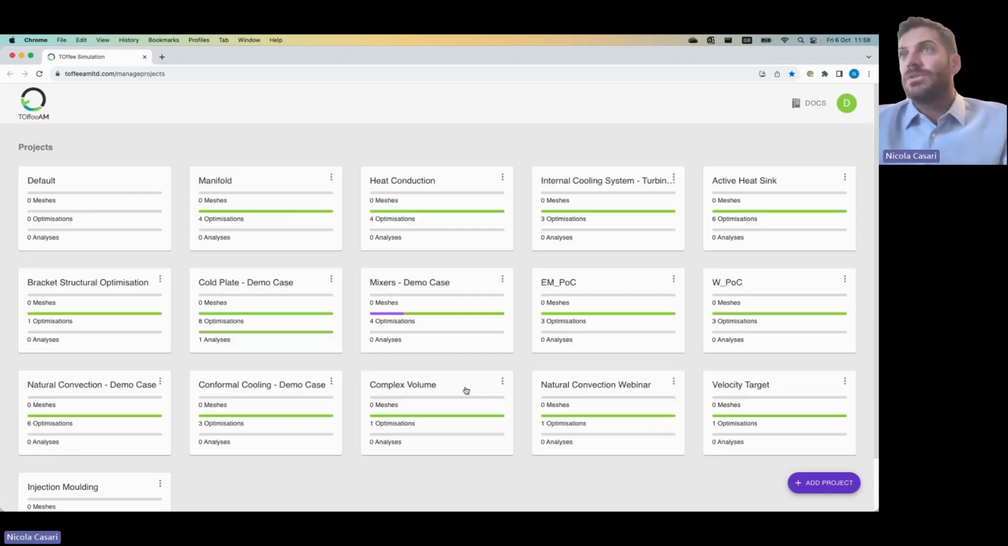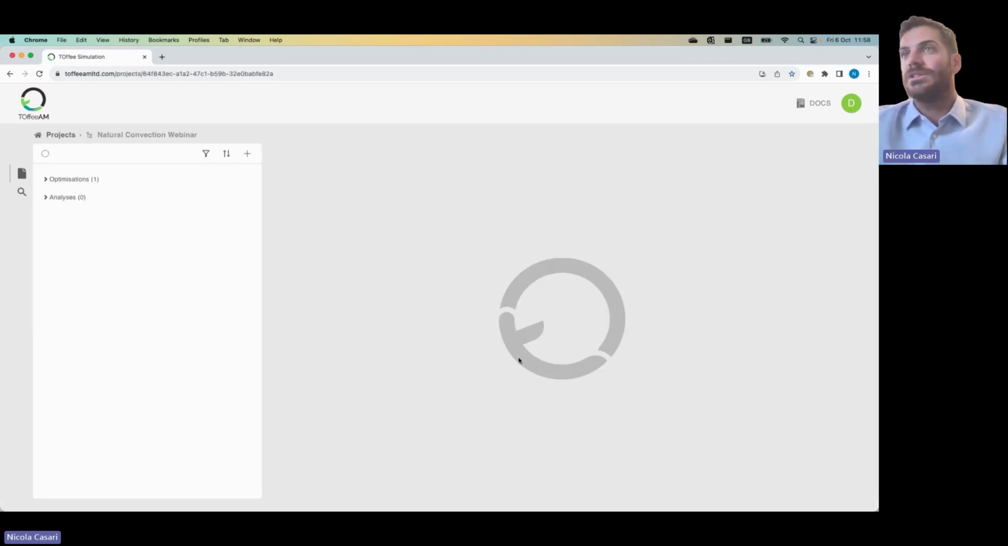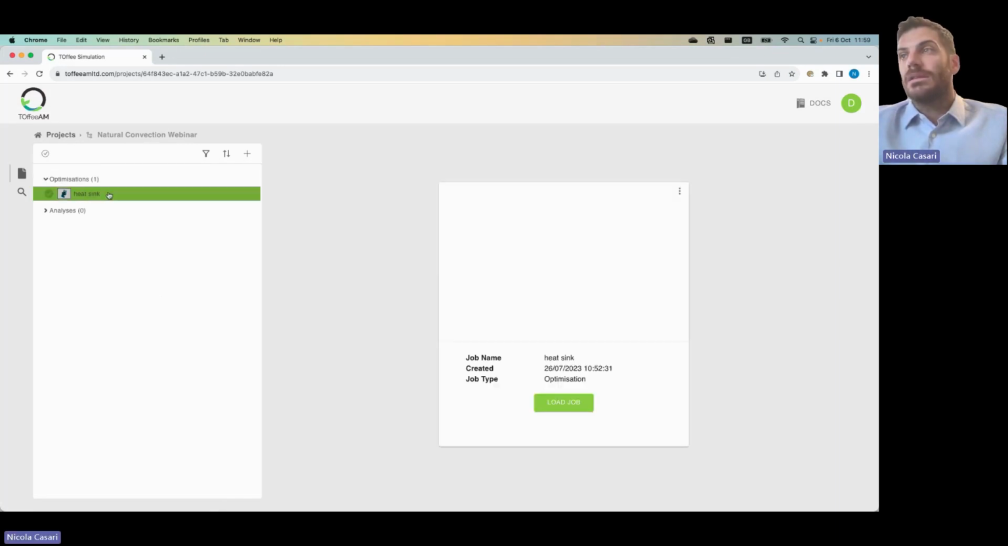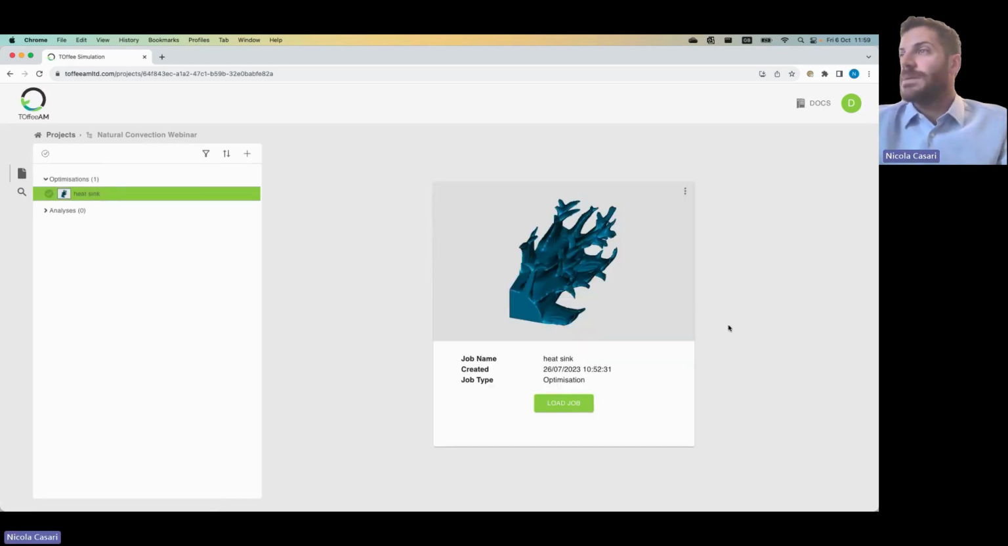As you might see, our software is cloud-based, so you just need to enter the URL, and you are available. You land in our dashboard. There are many examples here. If you're interested in knowing more of our capabilities, you can just drop us an email, and we will be more than happy to guide you through all these examples. In the context of this specific webinar, we're interested in natural convection,